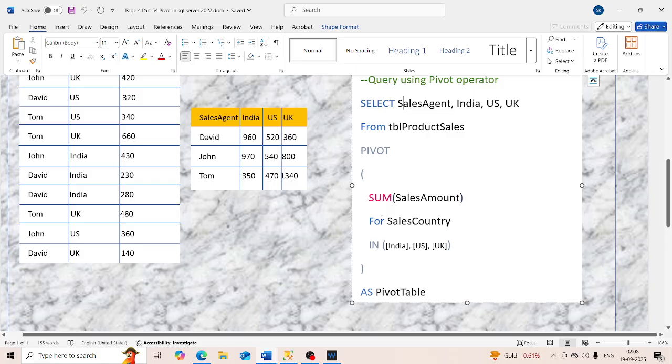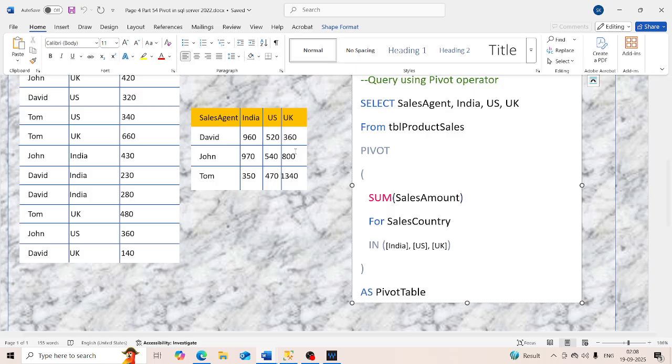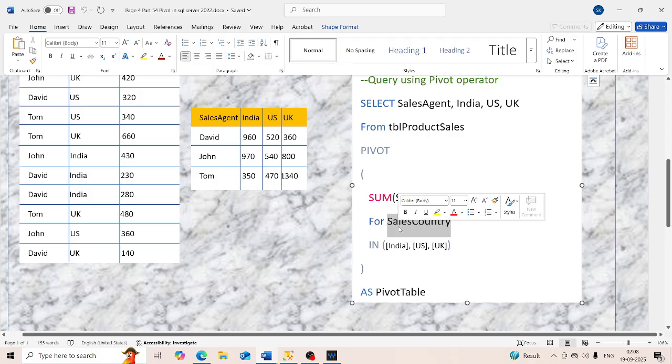So for these columns, and this column, India, US, UK, they are the column values of the sales country column. So for the sales country column,